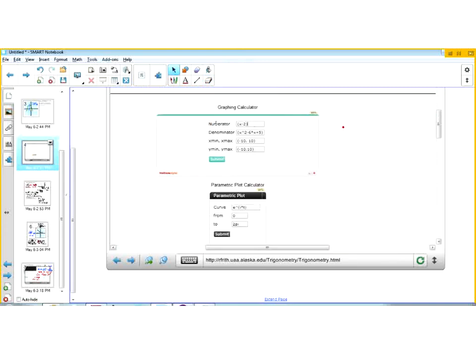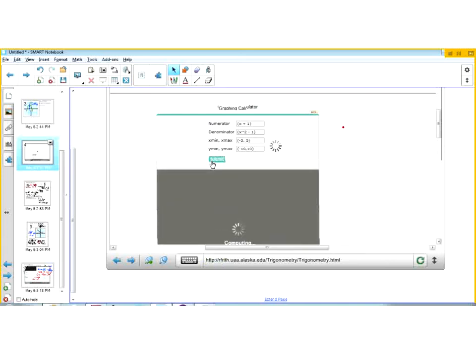Put back on arrow mode. Okay, go back here. So it was what? X plus 1. Okay, that would be our numerator, and then our denominator is x squared minus 1. Okay, and then let's make x min, x max. Say we'll change our zoom box boundary from -5 to 5, and we'll just leave y min and max the same. Okay, and let's see what happens